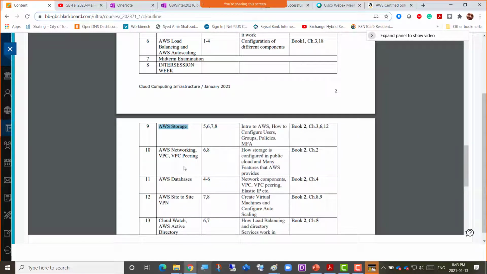And then AWS networking, VPC Peering. So what is VPC? VPC is Virtual Private Cloud. This is your local LAN network in your public cloud. You can create your own private network with a maximum of 200 subnets per VPC, or per virtual private cloud. This is a local environment where you can create virtual machines with private IP addresses.